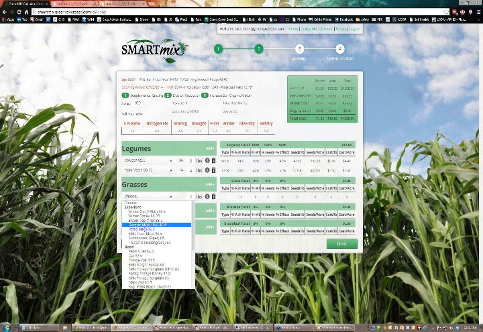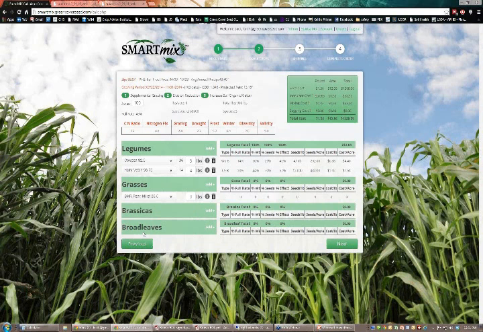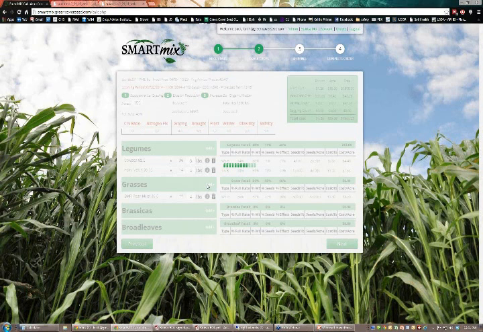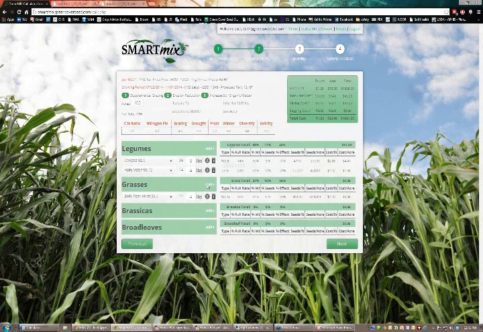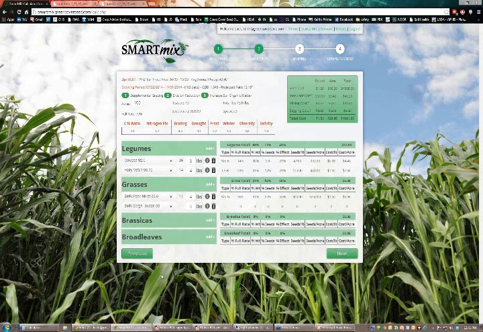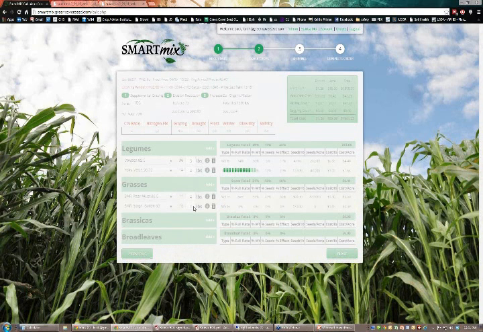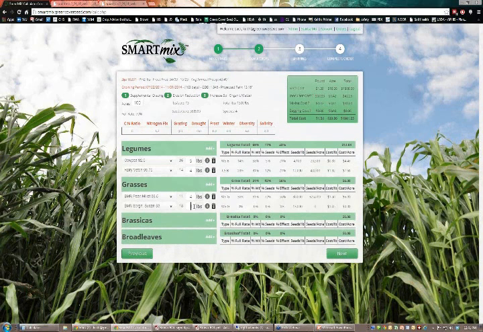I'm going to choose some BMR pearl millet. I know that's going to be good grazing. And we'll do 4 pounds of that. And I'm also going to do some BMR sorghum sudan. The sorghum sudan would definitely be the tall stuff that Jim was talking about. And he had a good point. If you get too much tall stuff, kind of like this background picture that I have here, it can really shade out your other things. So we'll just go 4 pounds of that as well.